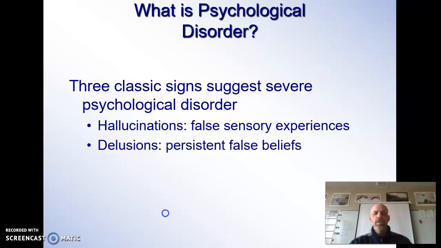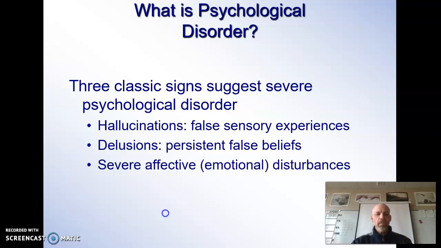That's as opposed to delusions. Delusions are false beliefs. So you believe somebody is following you. Oftentimes this comes in the form of conspiracies, like the mafia is out to get me. Now, delusions and hallucinations can certainly coexist. Oftentimes you'll see them together, but not always. So it's really important that you know how they are different from one another. Hallucinations, you're actually sensing something. Delusions, you believe something.